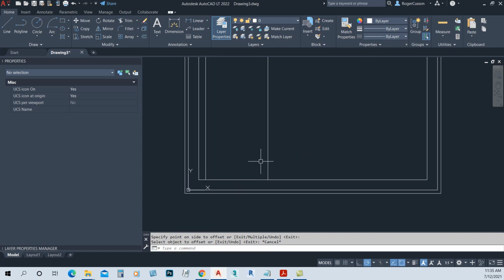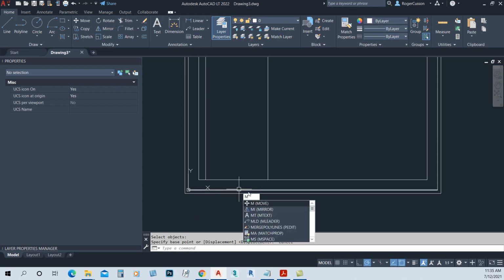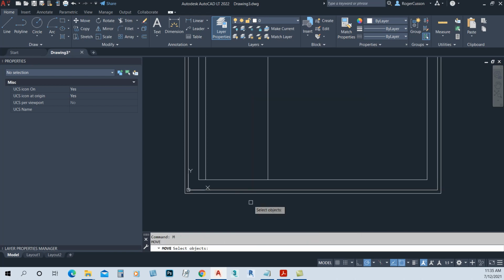Now I want those lines to cross over the wall, so I use the move command, and again I did that very quickly without showing you what I was doing. I type M, press enter. I'll select, using a crossing box, the 2 lines, press enter again, and then drag it down so it crosses